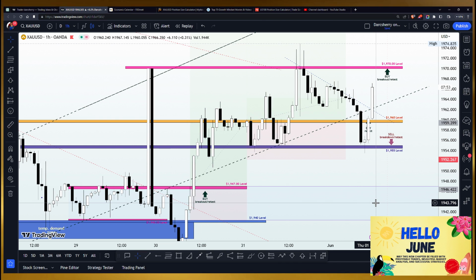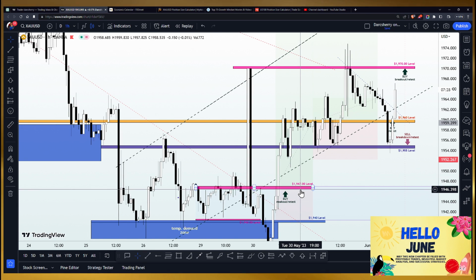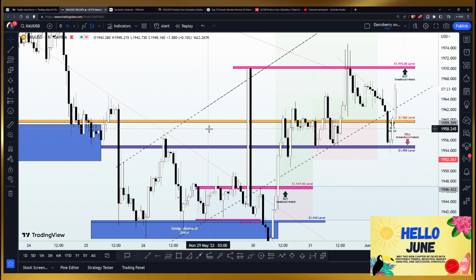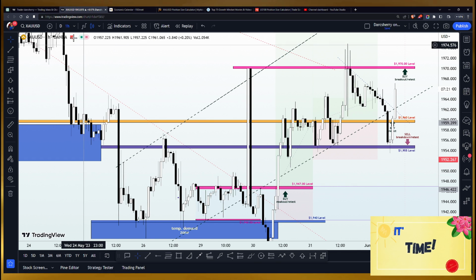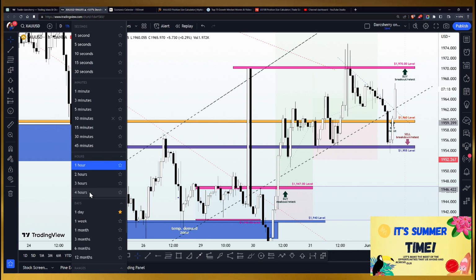And for the fact that price action is trading above our key level for this week, I told you on Monday that if price action climbs above the key level at the 1960, we begin to become more confident in our buy position, while we look out for more buying opportunity if price action continues to find buy pressure around the 1960. And for the sake of those who are not part of our live session on Monday and want to see how we got to the point where we identified the 1960 as our key level, let's quickly scale up into the 4 hours time frame.